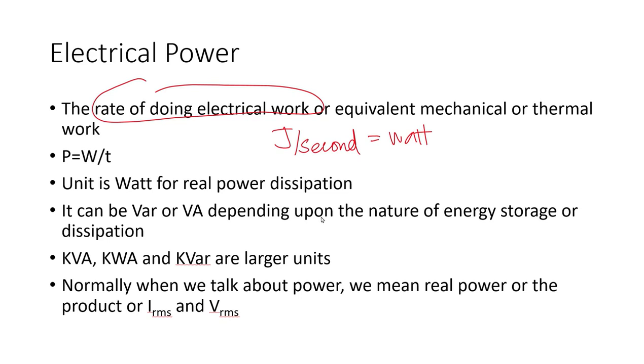Sometimes we have some reactive components in the circuit. In that case we use the volt ampere reactive or volt ampere. This is the total combined power, whereas this is the quadrature power. So this is denoted by S, whereas this one is denoted by Q. Larger units may be kilovolt ampere,